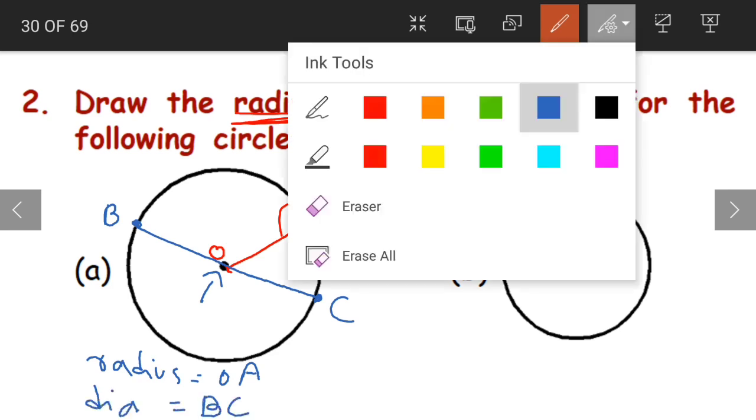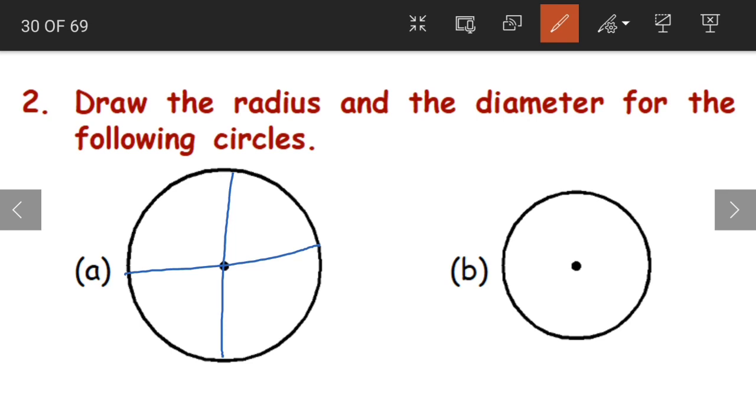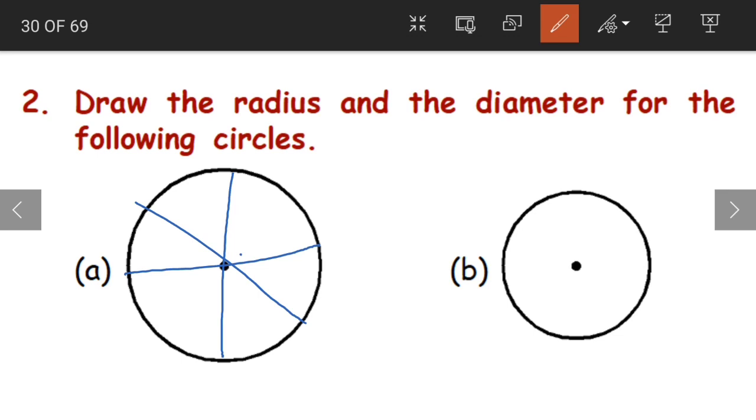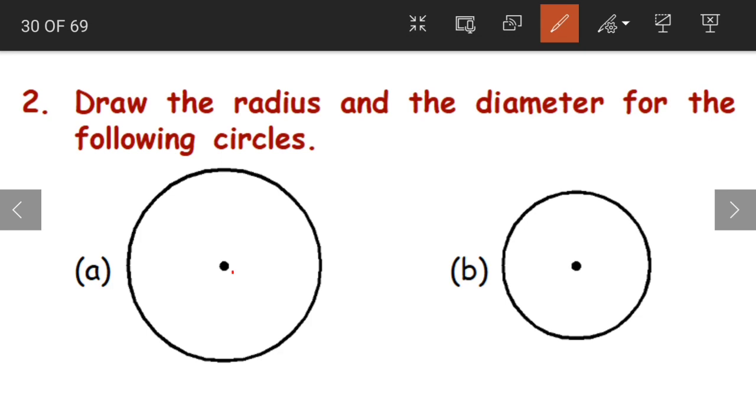BC. Yes. So it's not necessary that you have to draw in the same way for it to be radius and diameter. Even if I draw somewhere like this or like this or like this, all these can be considered as diameters. Yes, what are the two conditions it should satisfy? First, it should pass through the center of the circle and both the endpoints should be on the circle. And even for radius, children, this or this or this or this, anything which is joining the center and any point on the circle will become the radius of the given circle.